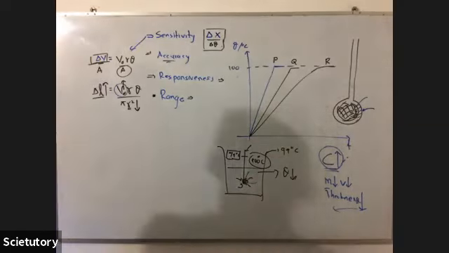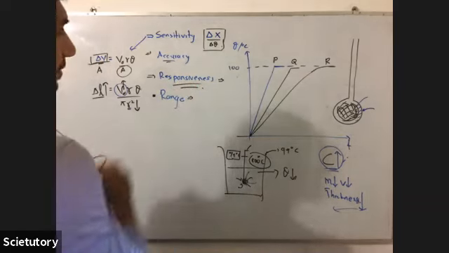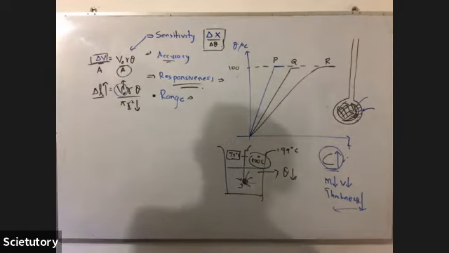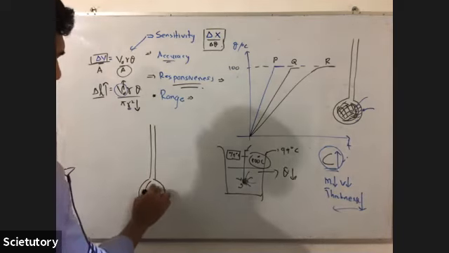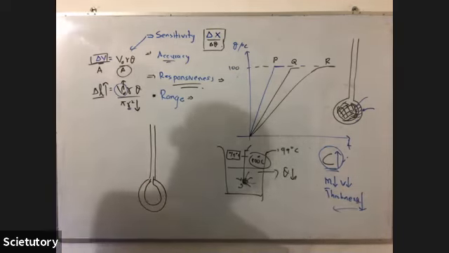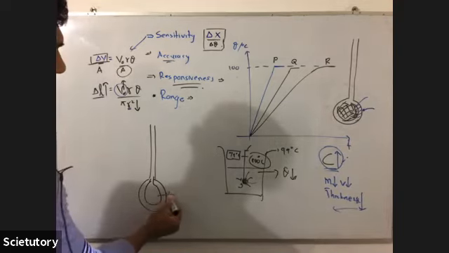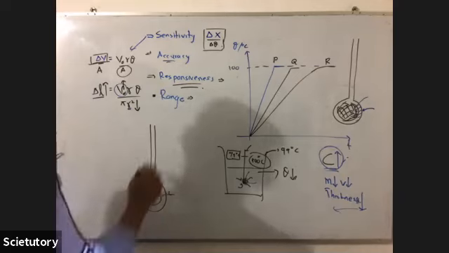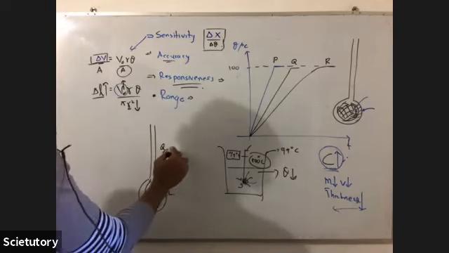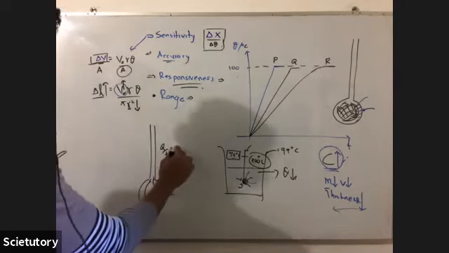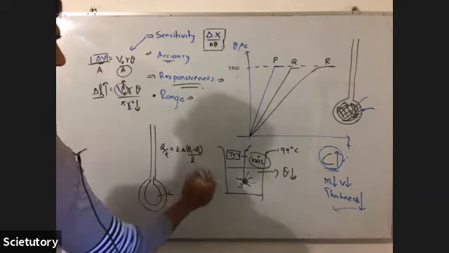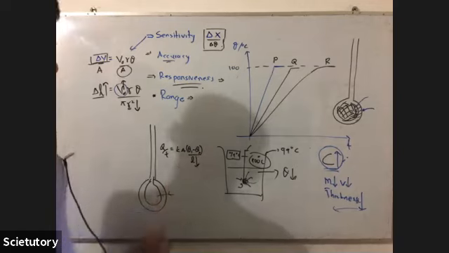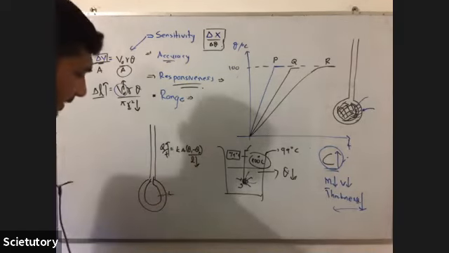Okay. So what about responsiveness? Responsiveness is about how fast. So that is also determined by the wall thickness. If the wall is very thin, the heat travels faster because the rate of flow of heat is KA times (theta 1 minus theta 2), or delta theta, by L. So if you reduce the thickness, the L is reduced, and the rate of flow of heat is increased.